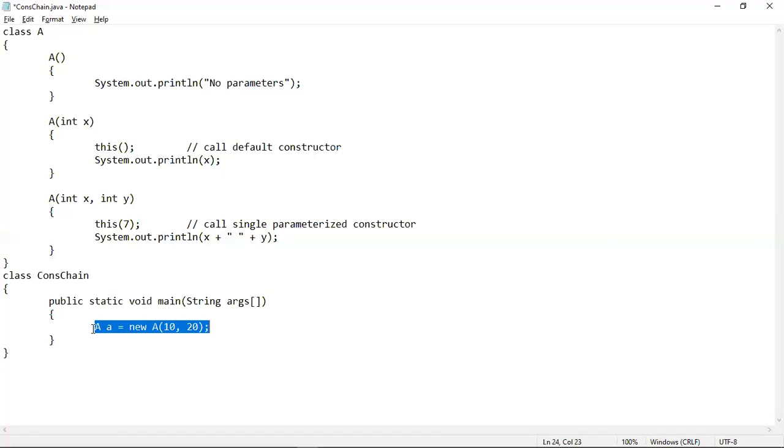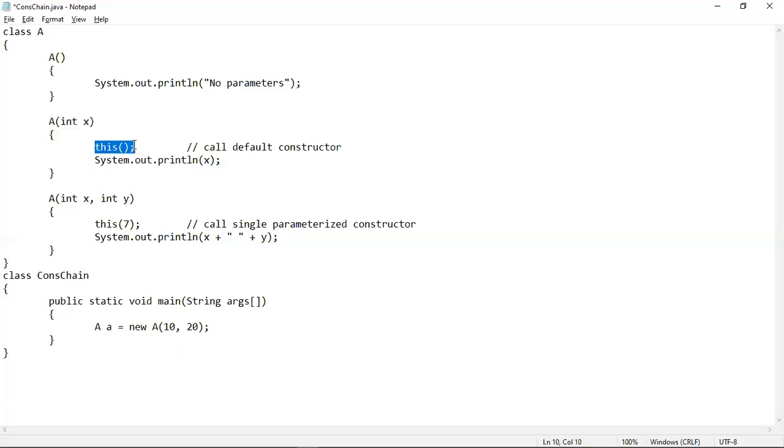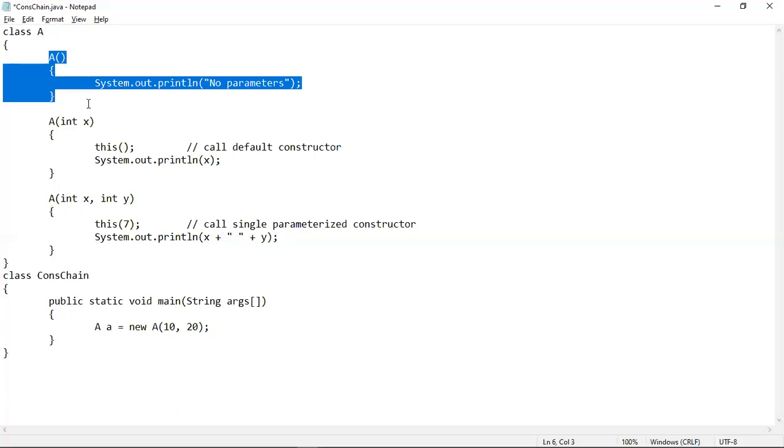We just have to write one object creation statement, and there we just have to call the last constructor, which is this one. Because whenever this part is executed, 10 will be passed into x and 20 will be passed into y. Inside it, we have written this method which will call this single parameterized constructor. Inside it, we have written this method with no parameters which will call this default constructor. And this default constructor will give you the first output, which is no parameters.